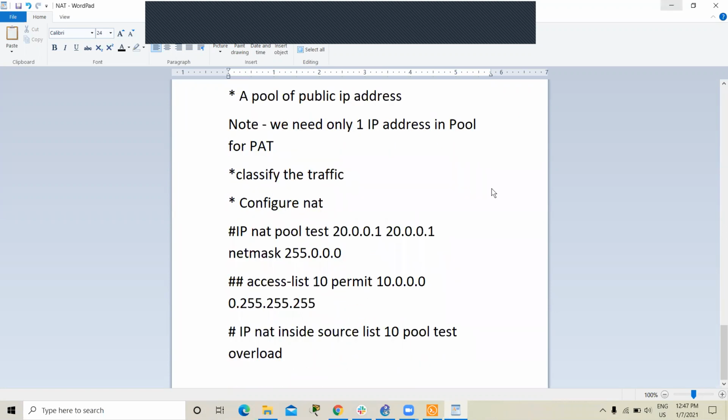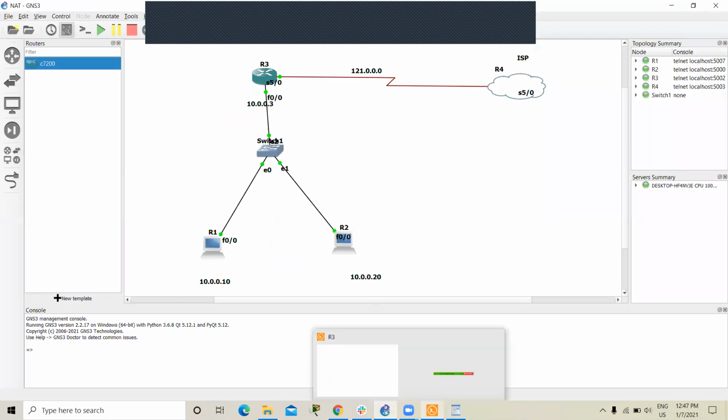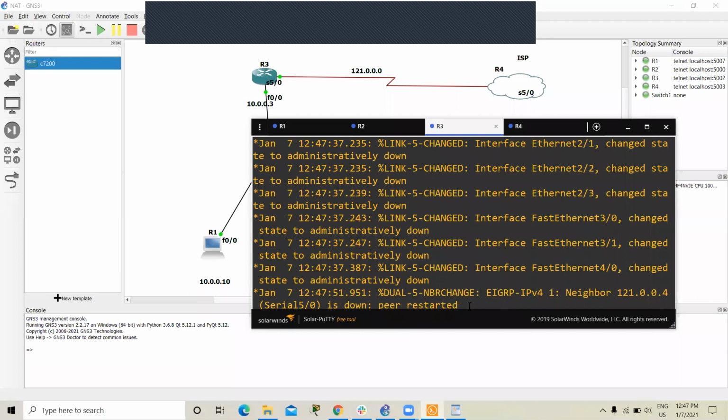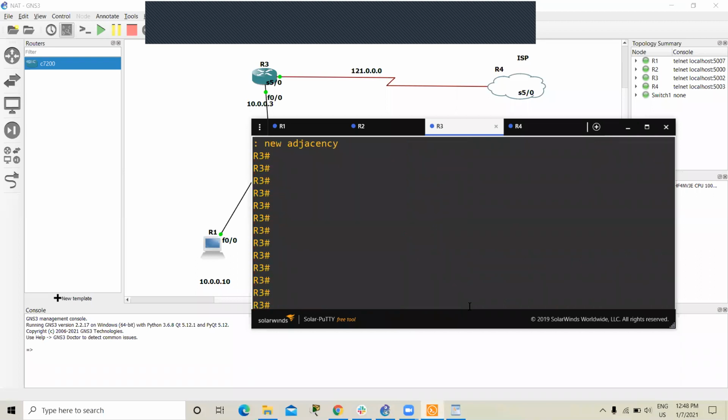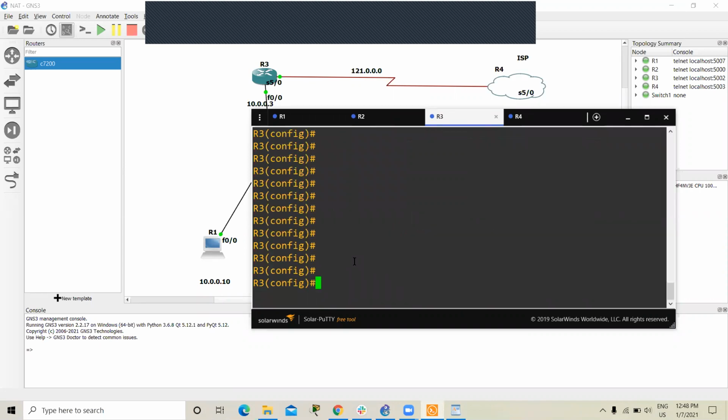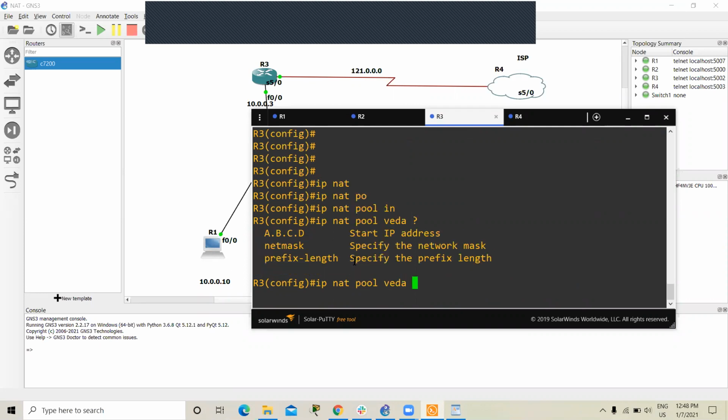So now I am going to configure these things on router 3. ip nat pool, we give the name Veda, specify the network 192.1.0.10 to 192.1.0.10.